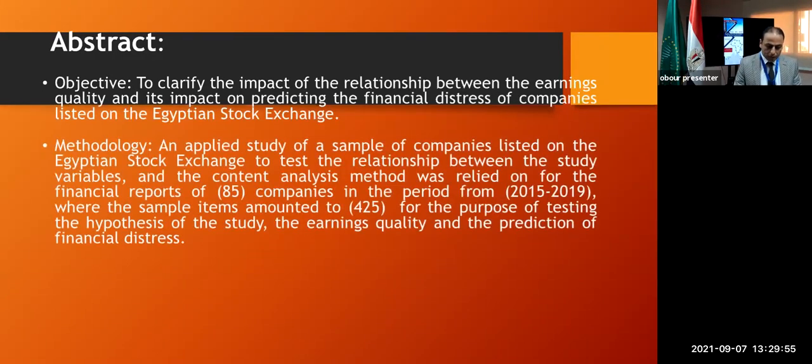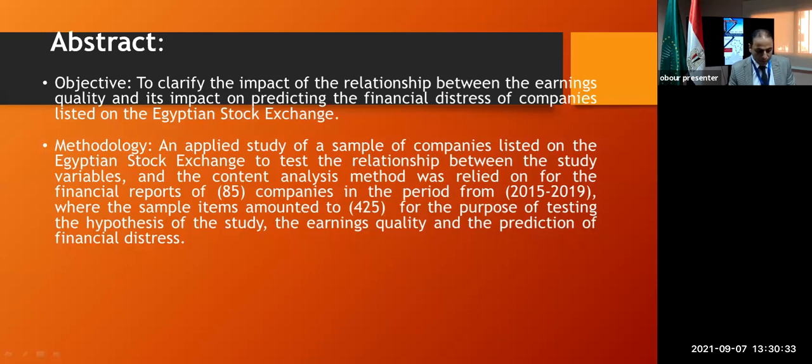The objective is to clarify the relation between the earning quality and its impact on predicting the financial distress of companies listed on EGX. An applied study of a sample of companies listed on the EGX to test the relationship between the study variables, and the content analysis method